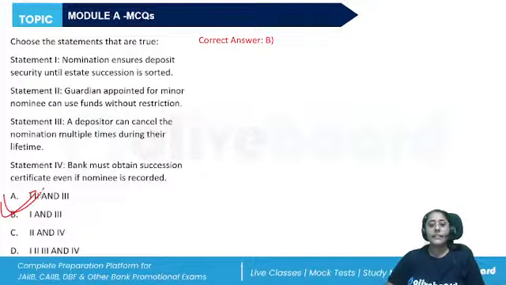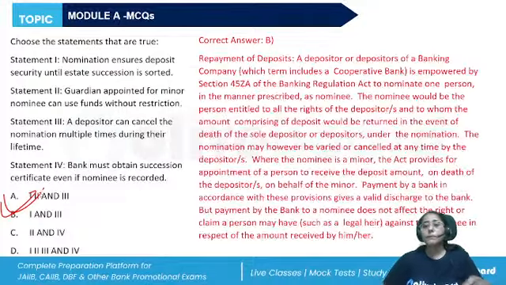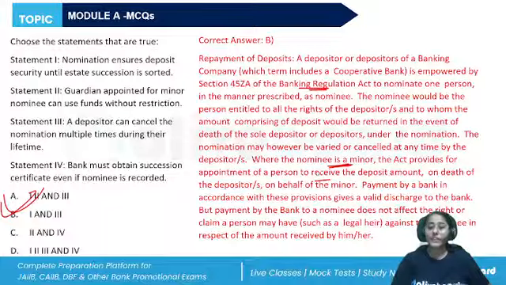1 and 3. Okay, so the depositor is empowered to make a regulation regarding any person as the nominee, and on the death of the original depositor, the funds will be returned in the event of death under the nomination. It can be varied, it can be cancelled. Where the nominee is a minor, appointment of a person who is the guardian to receive the deposit is also there,